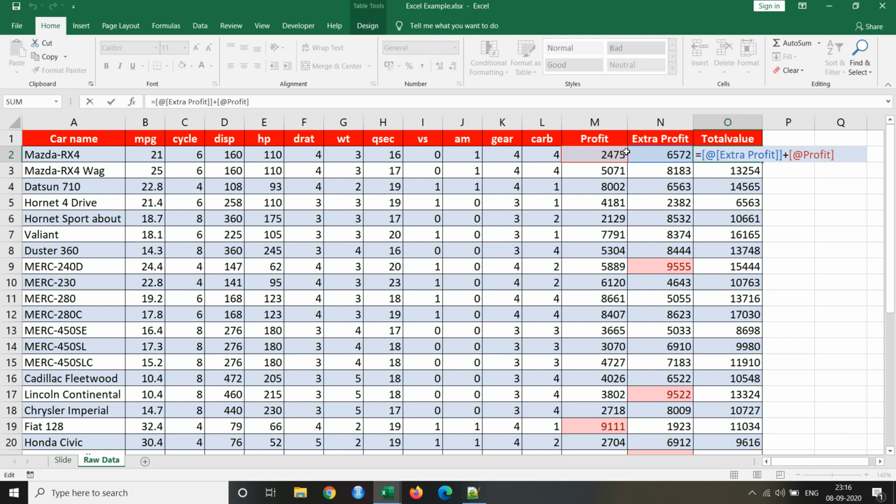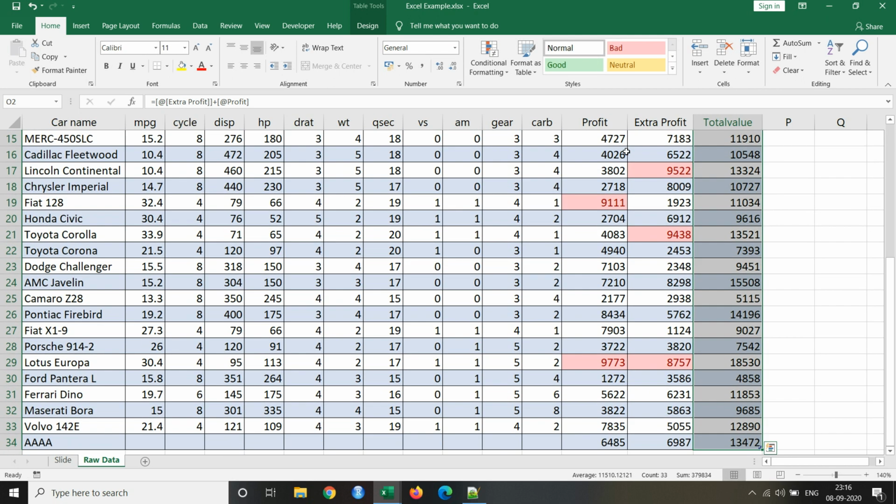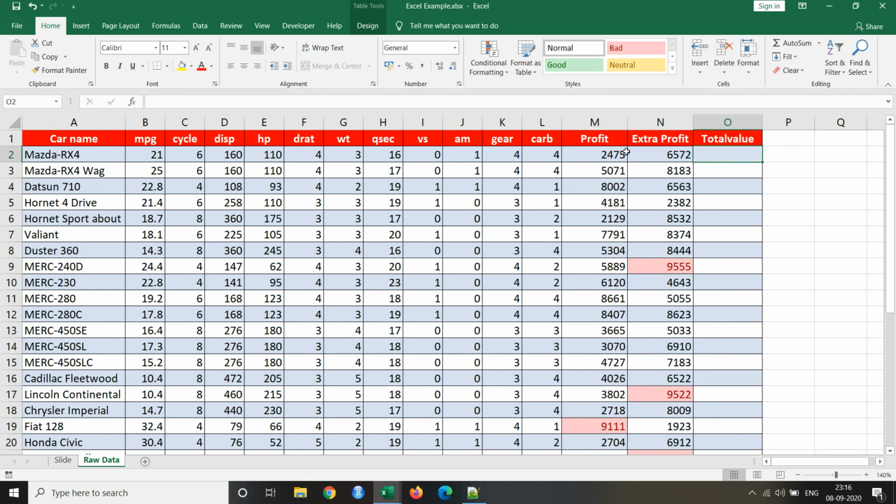Now the other way of adding is that we use the AutoSum. When we add one by one, we have the flexibility to select multiple cells, but when we use AutoSum, it will take the entire range which Excel finds as numeric.